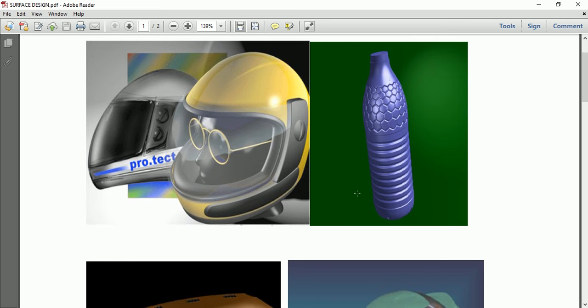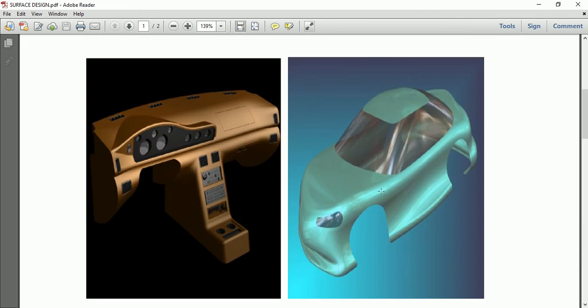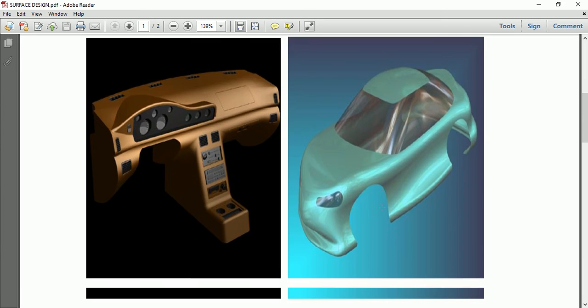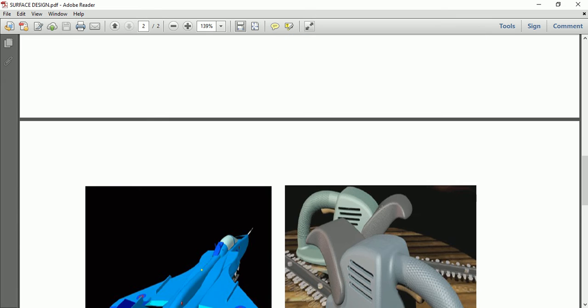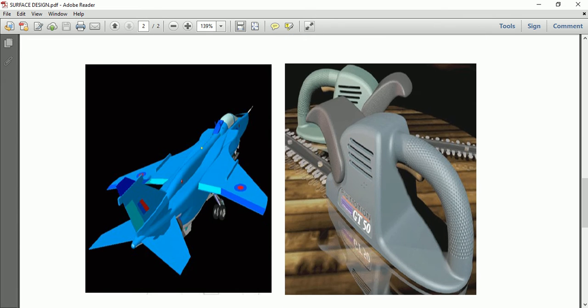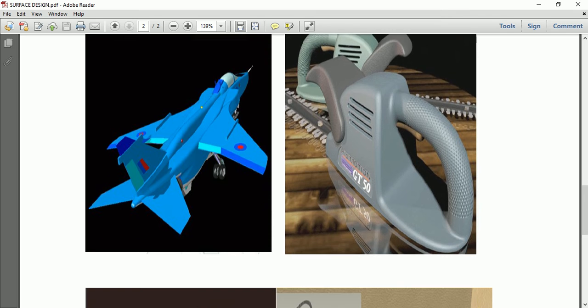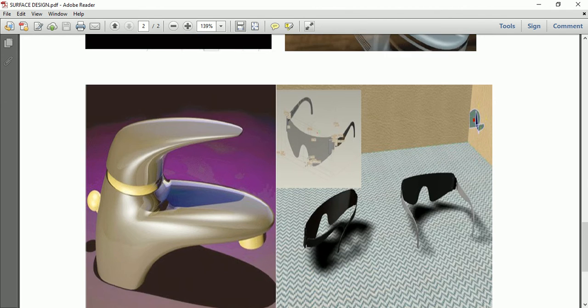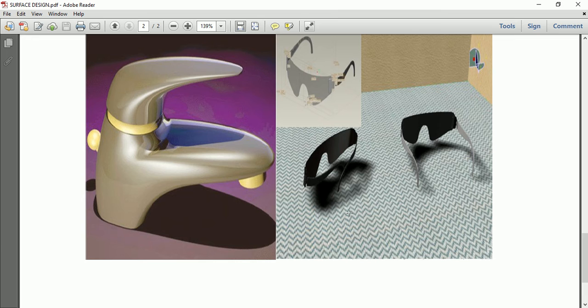Examples are helmet, bottle, dashboard of a car, body of an aircraft, electric press, faucet, goggles, and many more.